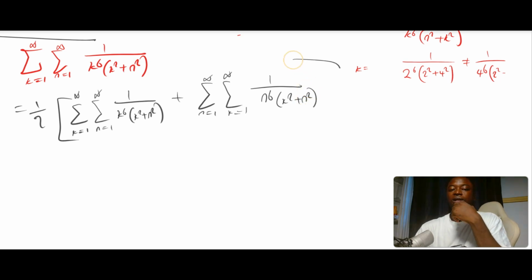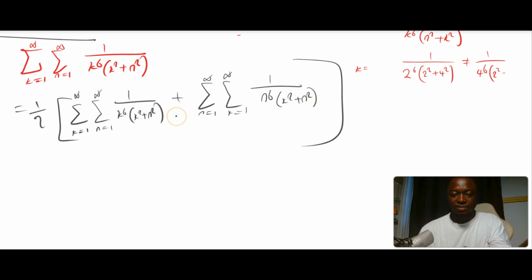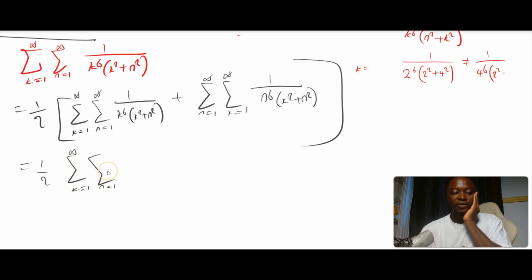So we took the average because the two sums are the same, and so we get a half, and then you get the double sum as k runs from 1 to infinity, n runs from 1 to infinity,